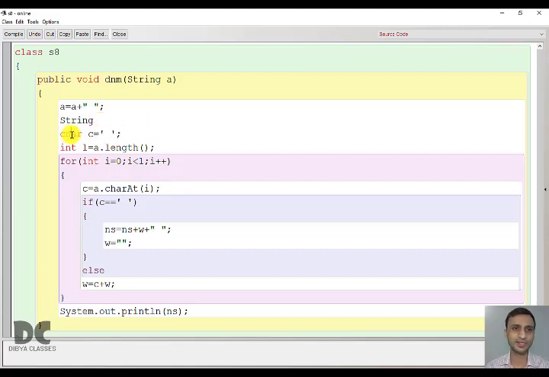Then we have a variable C to extract characters, and now we are finding the length, and the loop will go from 0 to less than L. We'll extract the character and check if it is a space or not. Space will tell that a word is complete. If the word is not complete, we are going to create that word. Here it will be W equal to W plus C, because here we are not going to reverse the string. Actually this program was to reverse the word, but here we are not reversing the word. Therefore it will be W equal to W plus C. So if a word is complete, when the space arrives, our word is complete. What do we need to do?